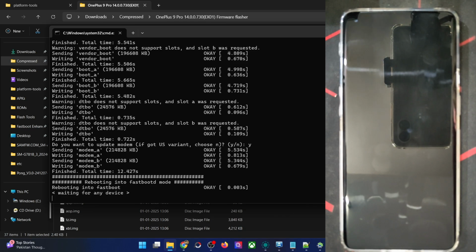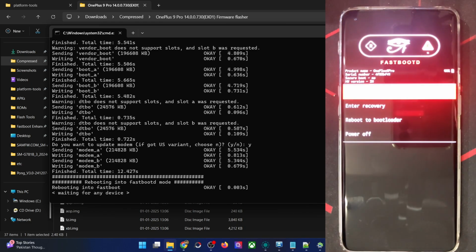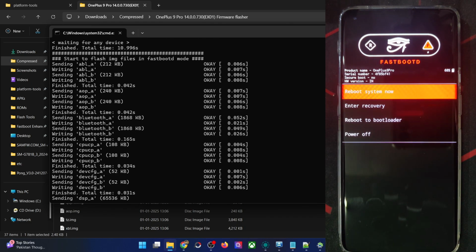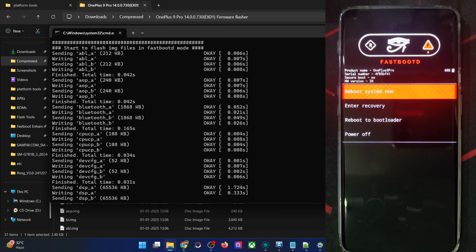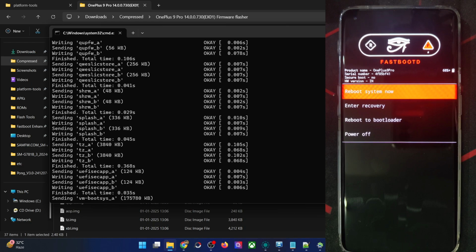So guys, your phone will also boot to the fastbootd mode for flashing a few files. So let me show you that as well. This will take around 8 to 10 seconds for the phone to boot to the fastbootd mode, and then the logical files will flash. And as you can see, we are now inside the fastbootd for the shared ROM, and the files will now flash. And once that is done, your phone will go to the recovery mode as well.